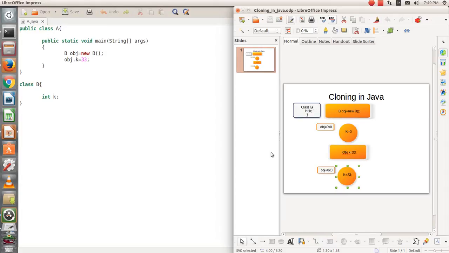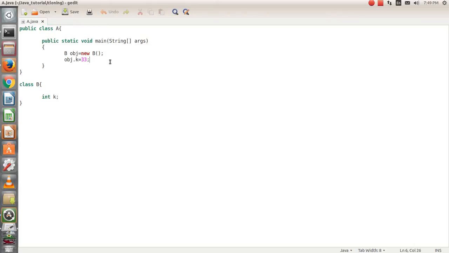After this it is a simple program. We are just creating an object of class B and storing some value into variable k. Now what if I need another object, let's say obj2, which is initialized and has values same as obj. One option is, if I want an object identical to obj, simply say obj2, which is a new variable, is equal to the existing object obj. But